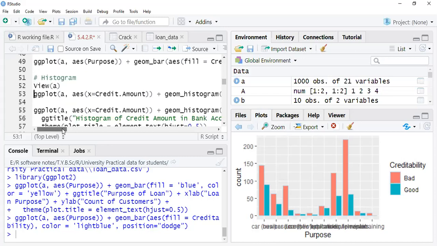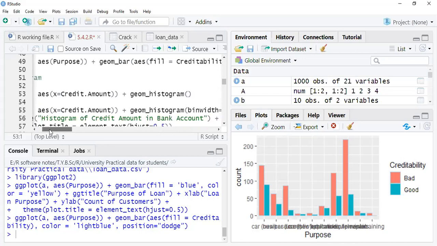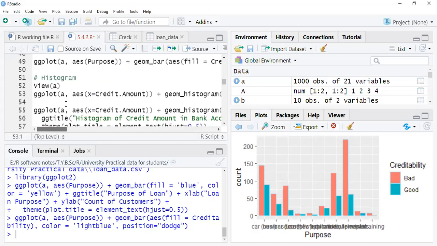Then you want to draw the histogram of credit amount. If you have taken the snapshot of the questions, you can see the question. What was the question? Okay, the question was: histogram of credit amount with bin width 1000 and color light blue with title and labels.